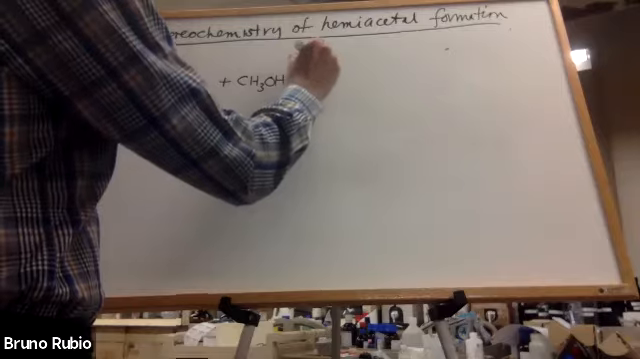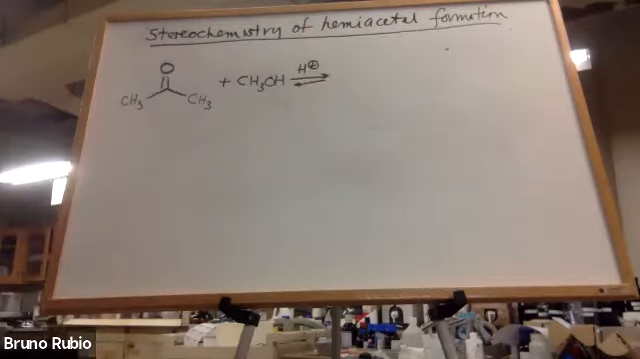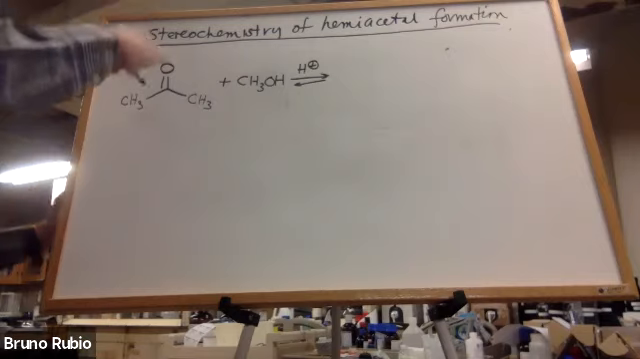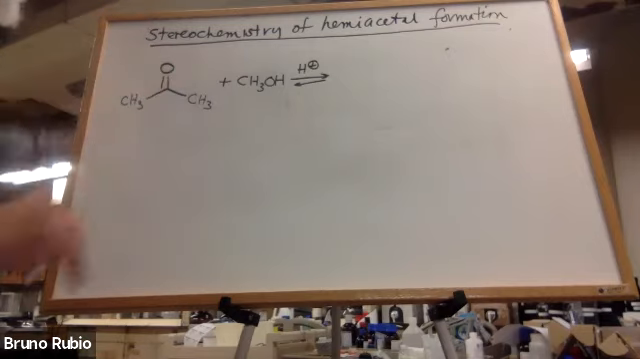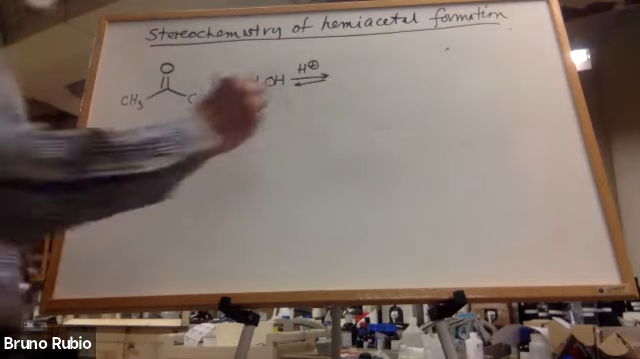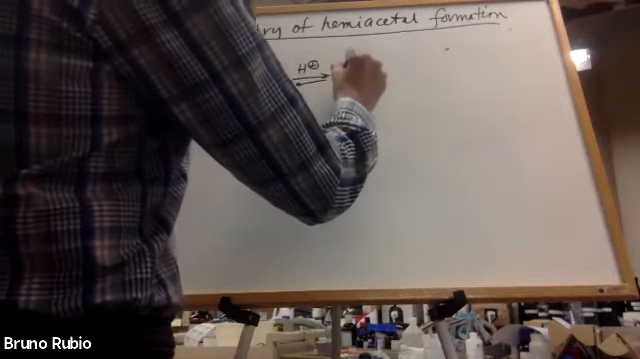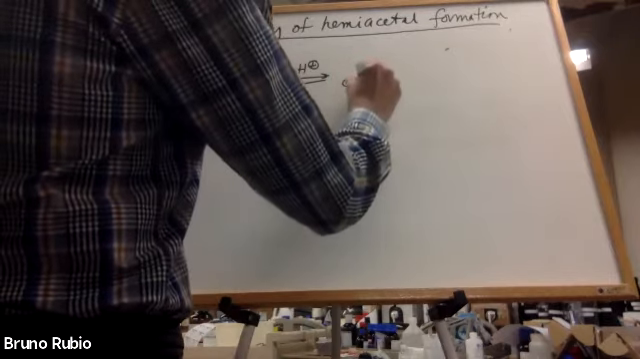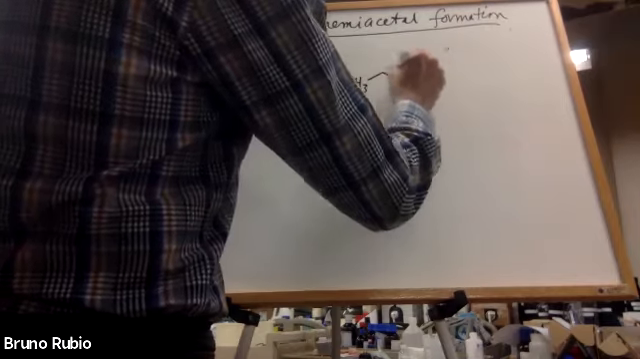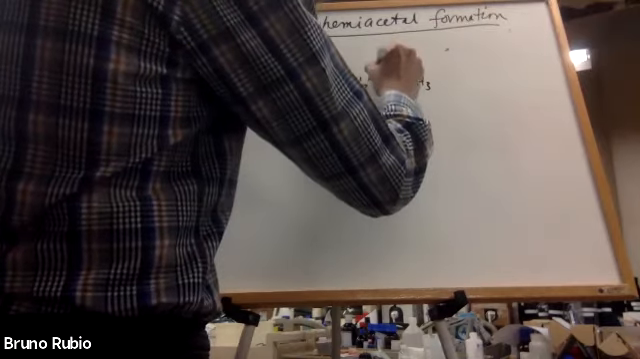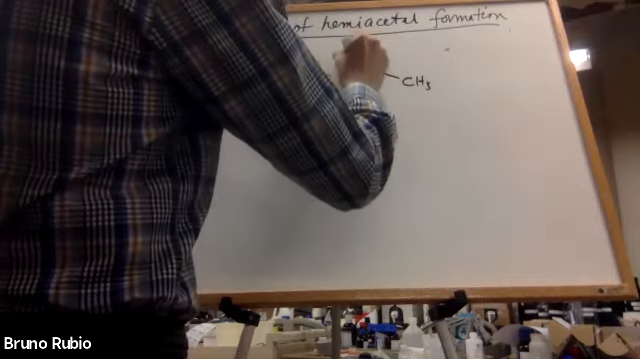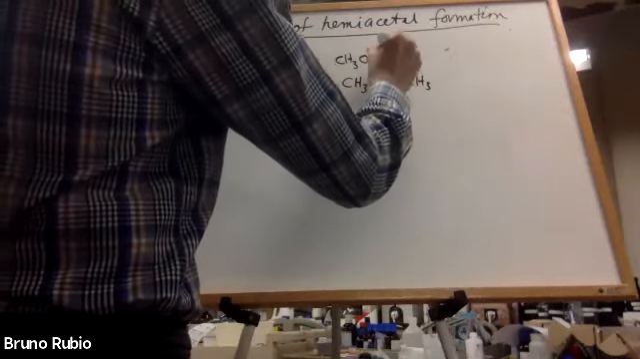Let's just do it under acidic conditions. And so we're going to get a hemiacetal, but the nucleophile could have come in from the front or it could have come in from the back with equal probability. So that means that we're going to get a product in which 50% of the time the nucleophile, the methanol, came in from the front,